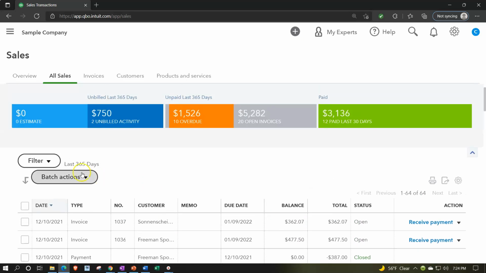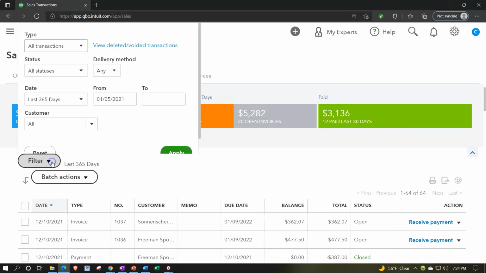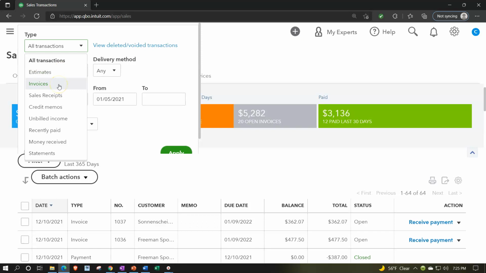If we hit the drop down up top with regards to the filters, we're going to see that same kind of thing where you could see all of the different transactions that are related to basically the sales cycle or the accounts receivable cycle, and then we can choose particular items. So the ones that would be most common, if you had estimates, you might be looking at the estimates that have not yet been used or fulfilled to create invoices, but the invoices would most likely be one of the most common things you would be looking at here